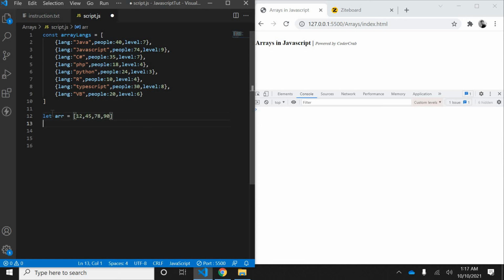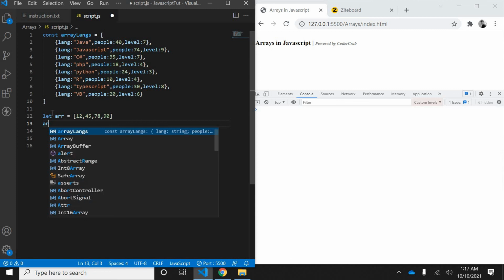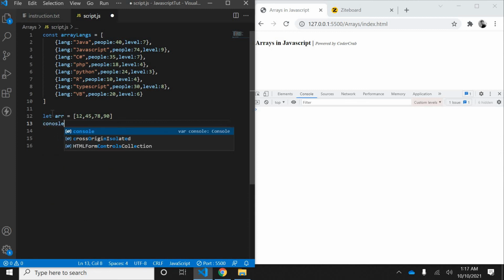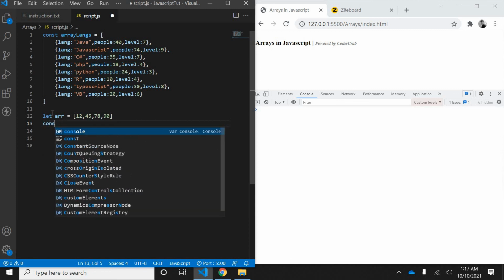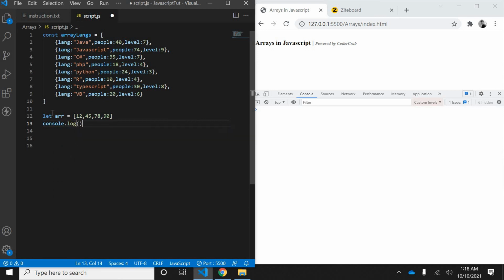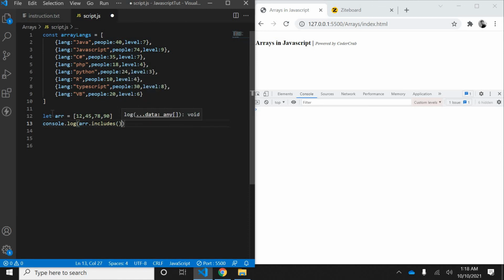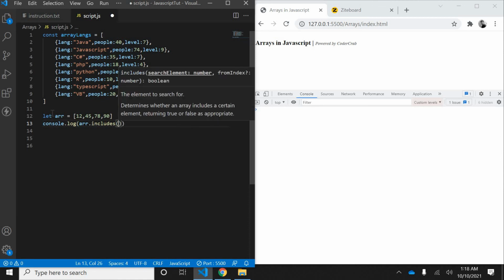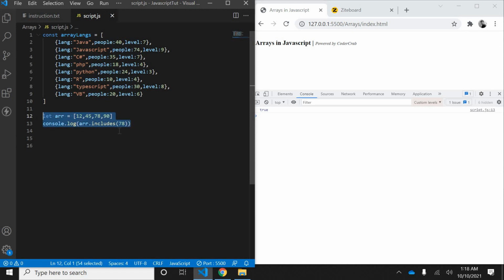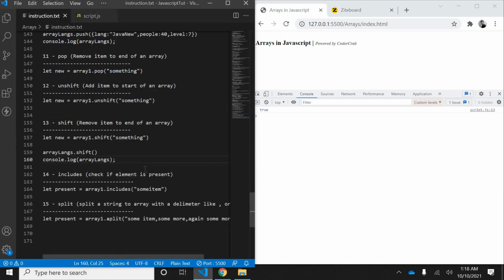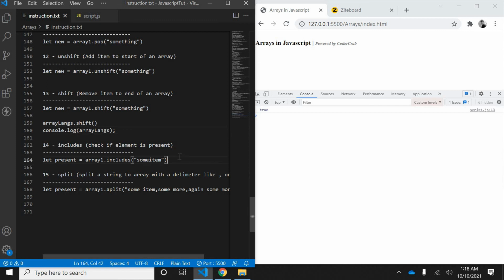Okay, so let's say console.log, then ARR.includes with 34, false. If I try 78, true. Okay, so it is just as simple as that. If your element is there inside it, you can search for it very easily.